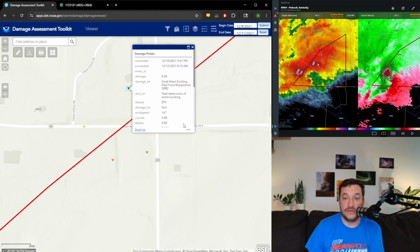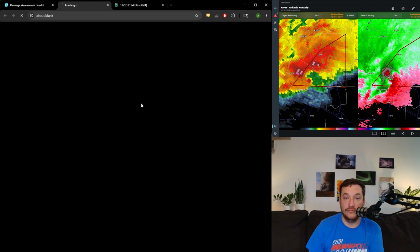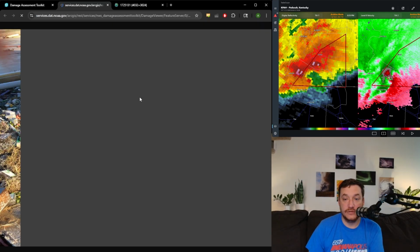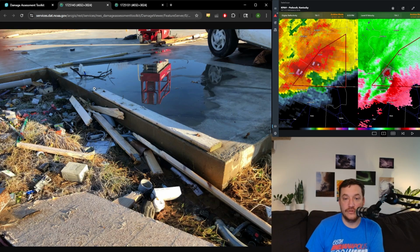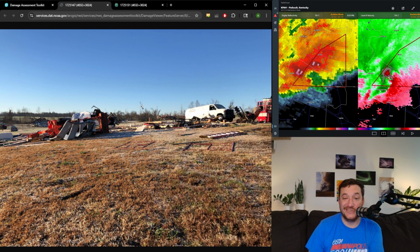Okay. So let's look at this EF4 damage across the street. So this is a small retail building, fast food restaurants. Let's do... Oh, wow. They weren't kidding. Some anchor bolts. Curious why this one didn't get EF5. There's no... Maybe it's because there's...